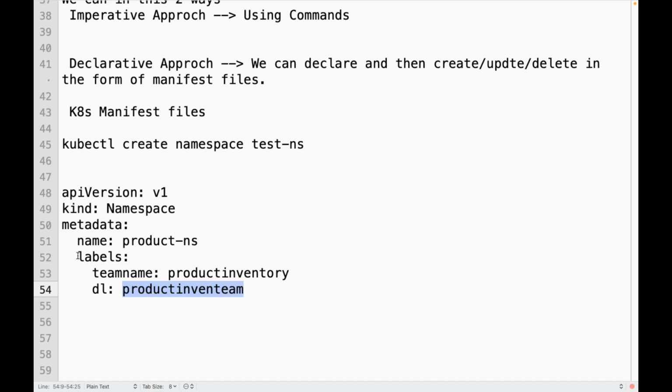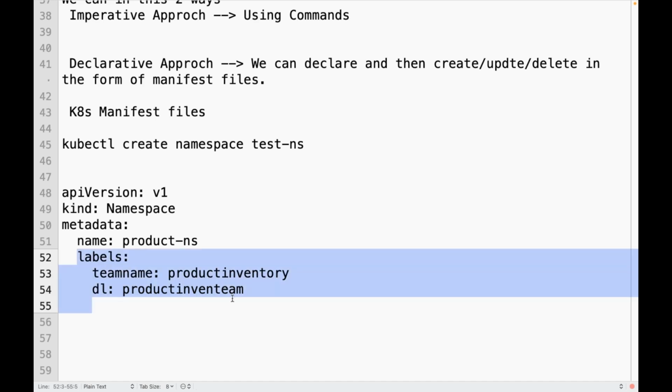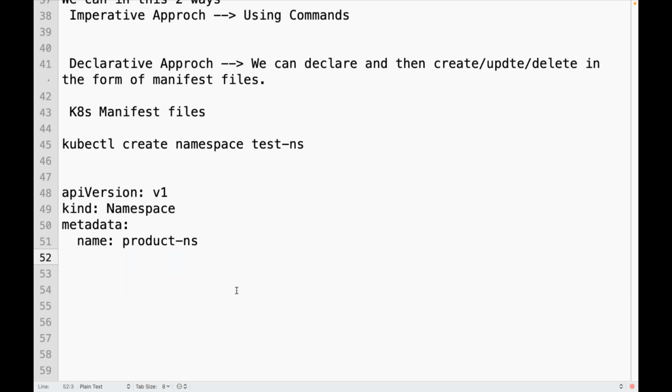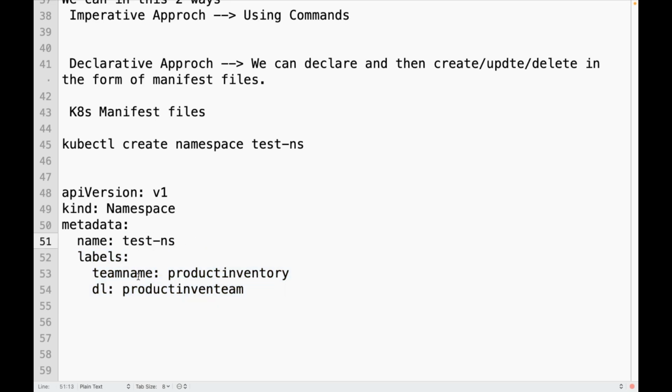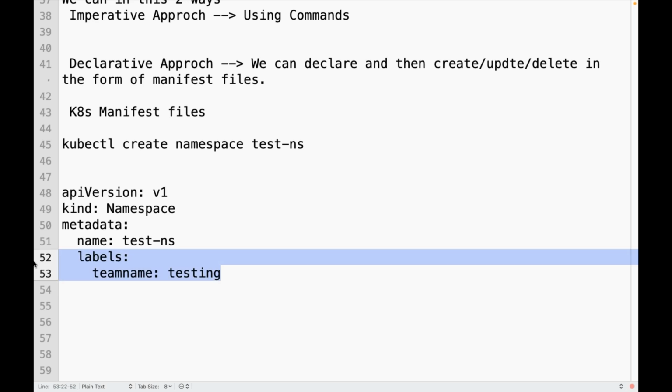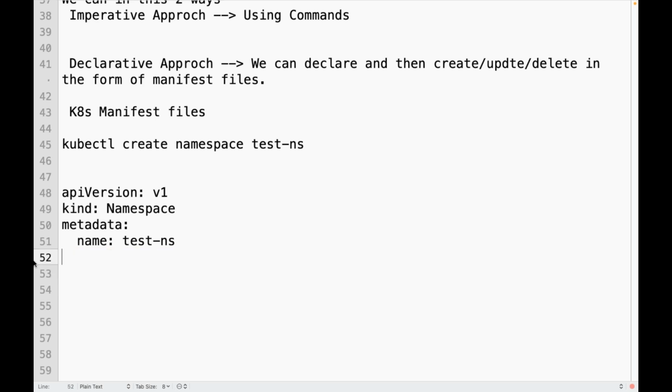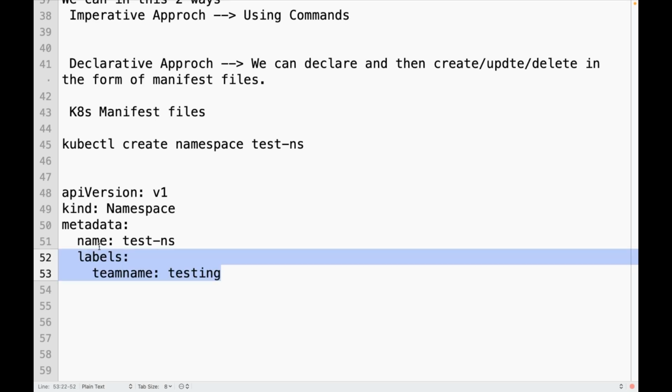Is it mandatory to give the labels again? No. But is it good to have labels for uniquely identifying? Yes. Something like this I can create. Now let me create a namespace like this, just giving some labels like this. These labels are also not mandatory, but if you want to give, you can give a label like this. I am creating a namespace like this,